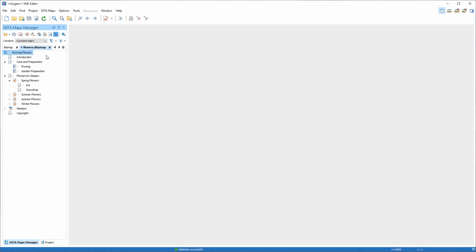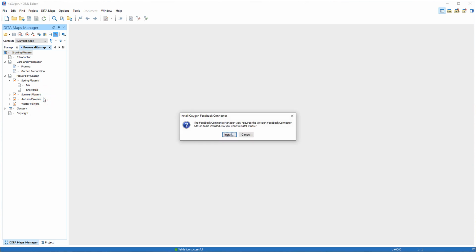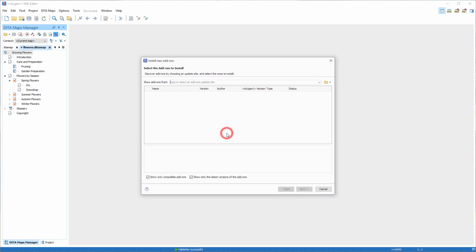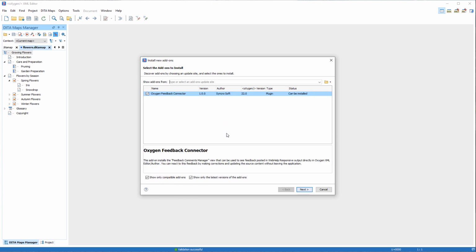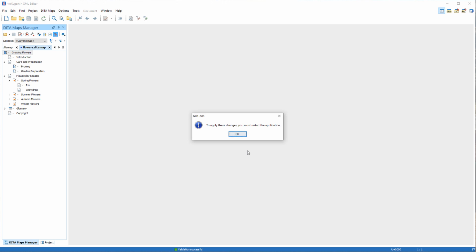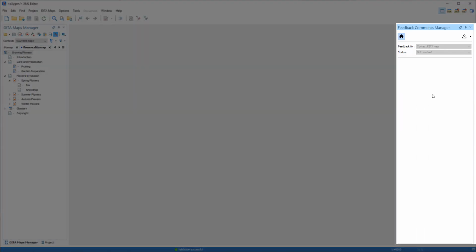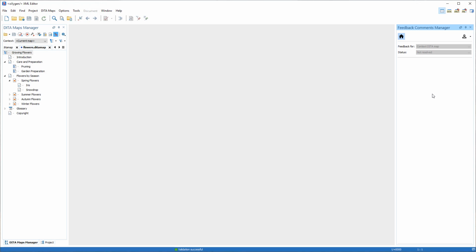The easiest way to get started is to right-click any topic in the Data Maps Manager and select the Show Feedback Comments Manager action. If it is your first time using it, you will be prompted to install the add-on. I simply need to follow the on-screen instructions and then restart the application. The Comments Manager view is now available, but to retrieve the comments from the published output, I need to configure